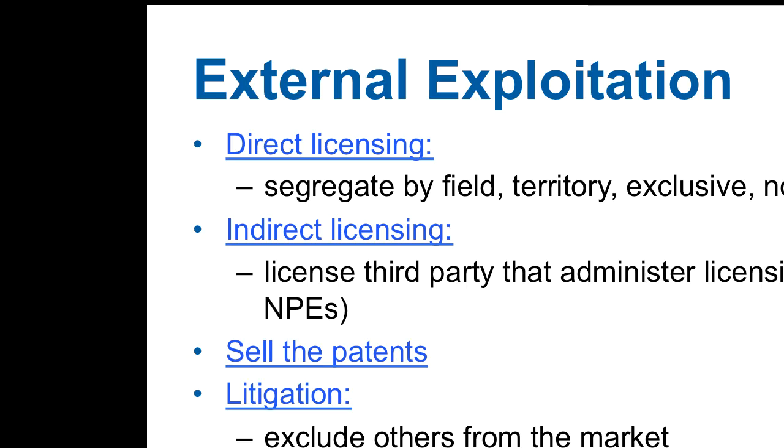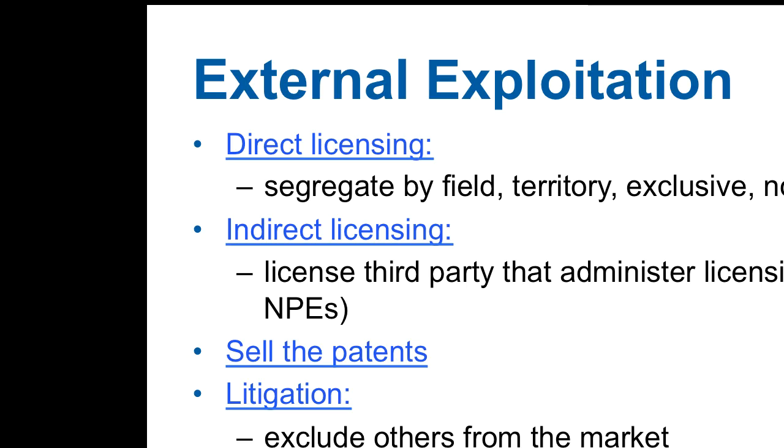You can sell the patents, you can litigate the patents, you can assert the patents on your own to exclude others from the market. And sometimes the low barrier to the market may necessitate litigation. If you have big competitors that can easily get into the market, but your patent's pretty expansive, you may have no choice but to litigate the patent. You're just going to enter the market, take the chances, knowing that you own your patent. You're a small company. It's the way of the world.